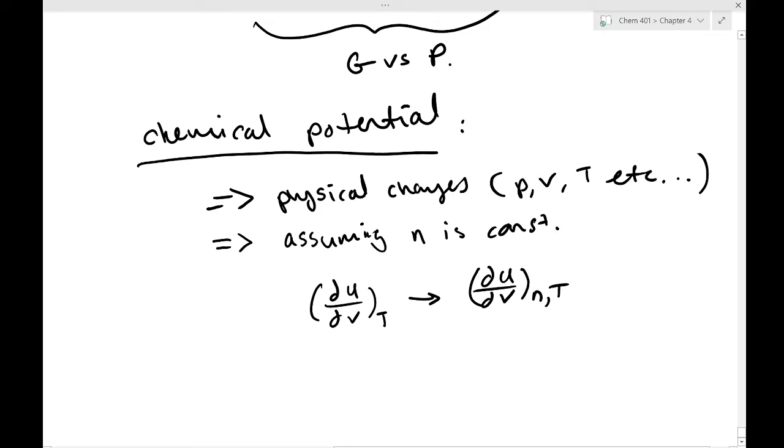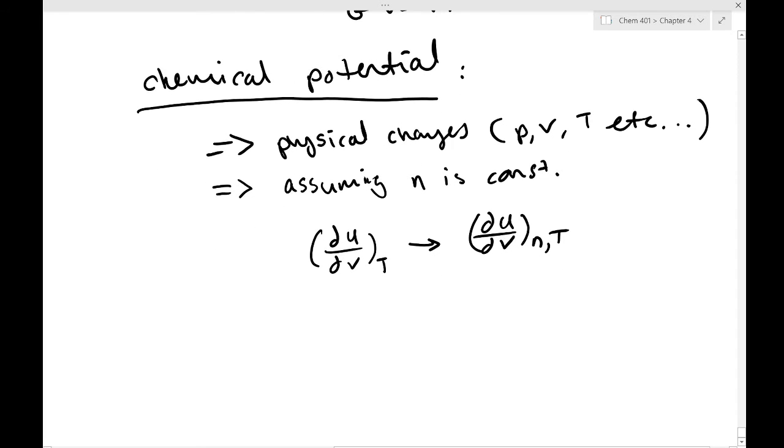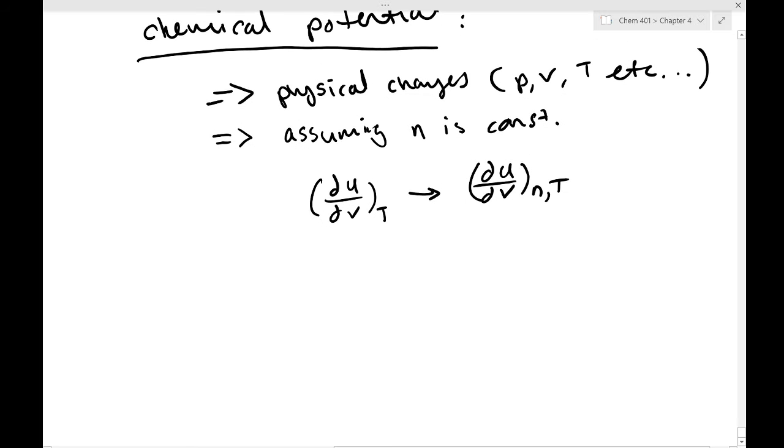Because we've been assuming that n is constant this whole time, we haven't really talked about it too much. But the n is what's important for chemistry. So far, we've only talked about physical changes. Let's get back to talking about chemistry. Let's get back to talking about n in particular. Okay, so with respect to that,